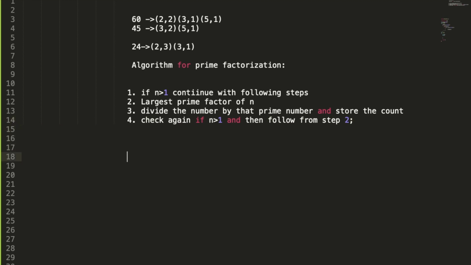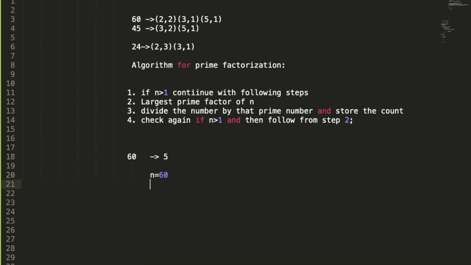Now let's see, we have 60. The largest prime factor of 60 we can calculate, which will come 5. So we are going to divide 60 by 5 till n modulus 5 is not equal to 0. So we have n equals 60.